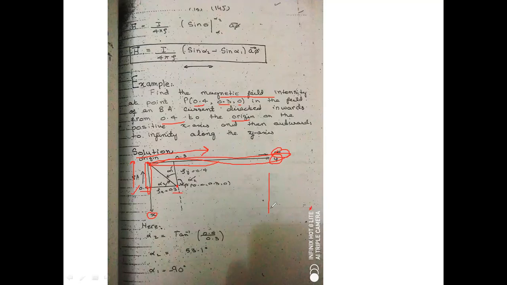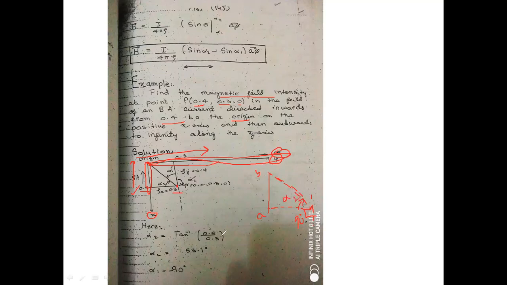So draw a perpendicular line from the lower end and from the upper end. This is the upper end. As we know, the angle between the lower end and the point of observation will be 90 degrees. And the angle for the upper end is actually alpha 2,